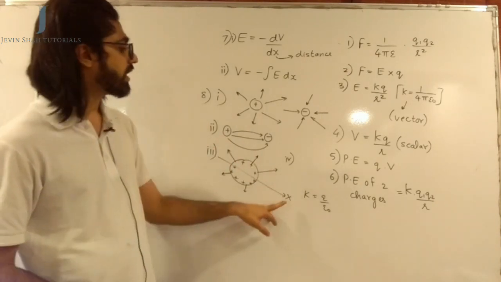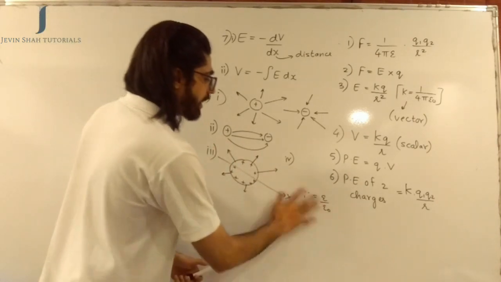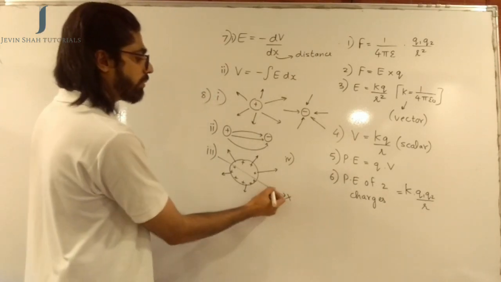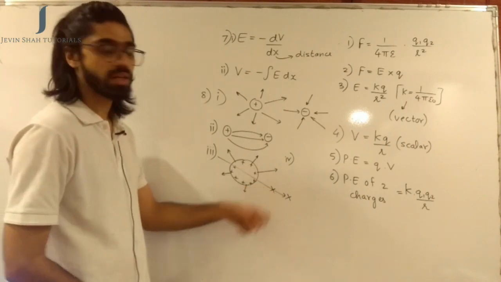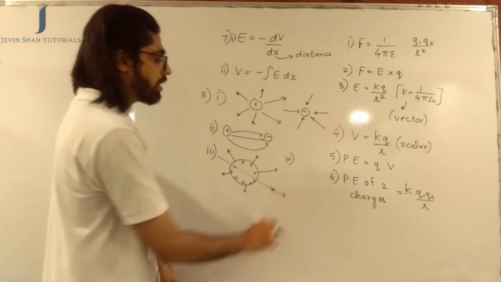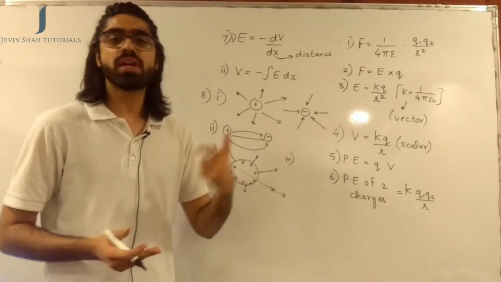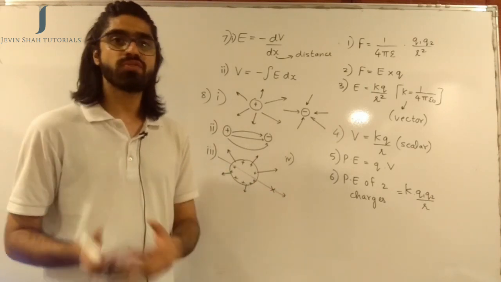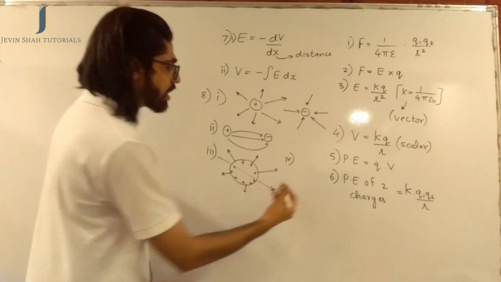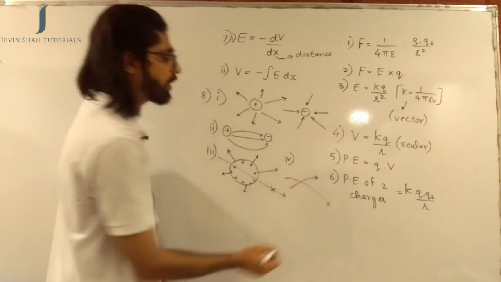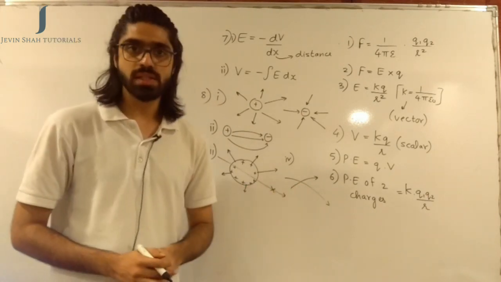So that's your next point, that is electric lines of force, like I've mentioned over here, cannot penetrate through a metal surface. You cannot have this kind of an electric line of force. Okay? Now the next point, let's put it as a question. Think over it and tell me, can two electric lines of force ever intersect each other? Say for example, this is one electric line of force and this is another electric line of force, which I am saying that they are intersecting.